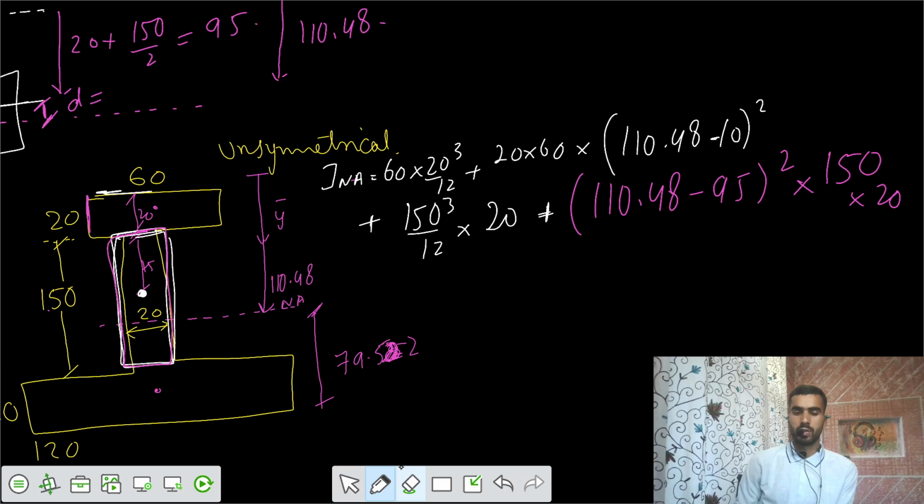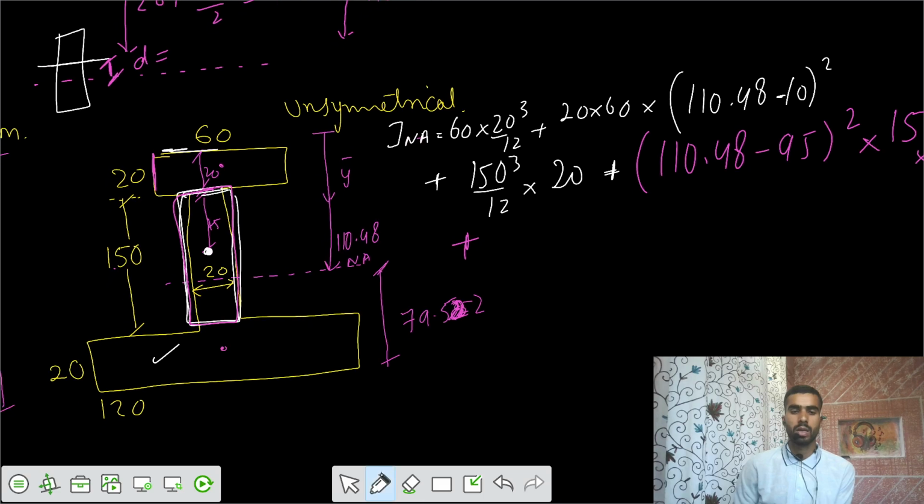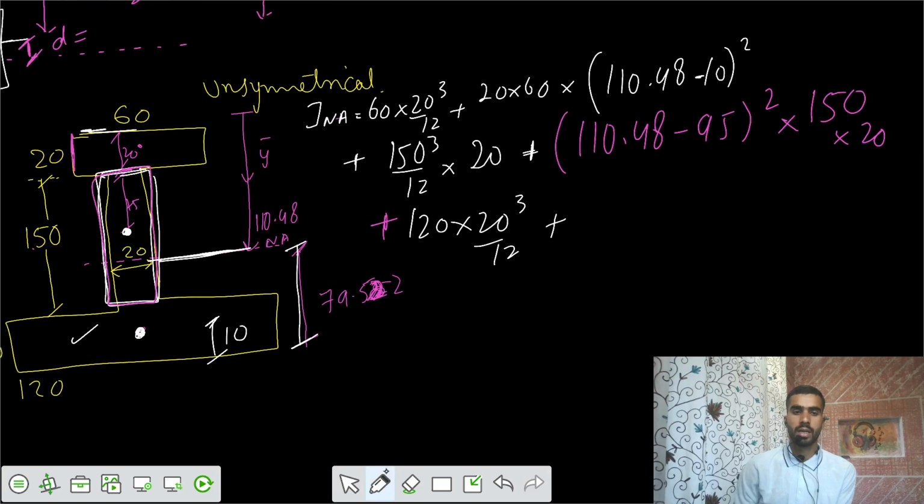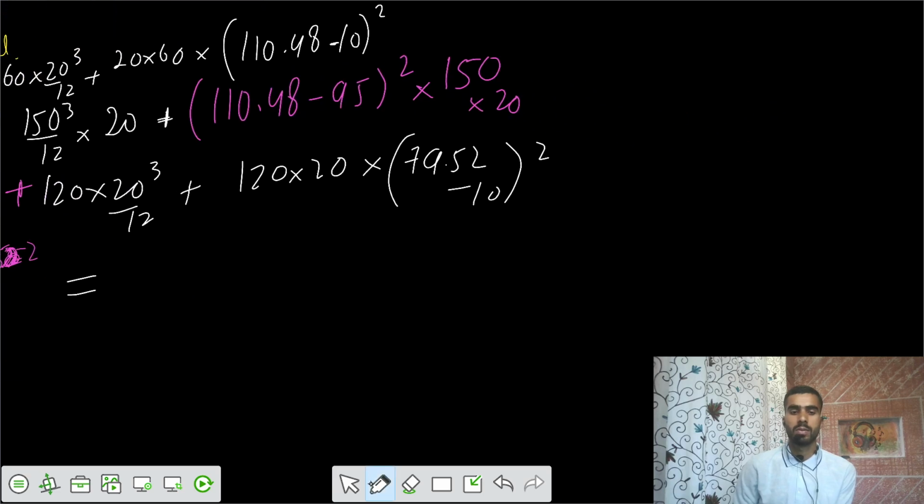This is the solution. Then after that, we have the third area. This one we can write as BD³/12 plus its centroid is here. If you have the neutral axis at a distance of 79.552 from the bottom, and the centroid for this one is at 10, so I can write the area, that's 120 into 20, and the centroid distance is 79.52 minus 10, whole square. So your moment of inertia would be equal to